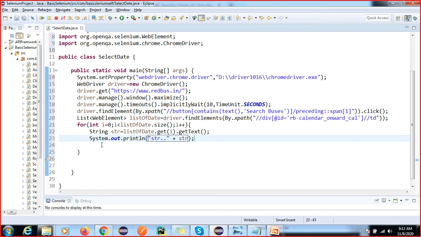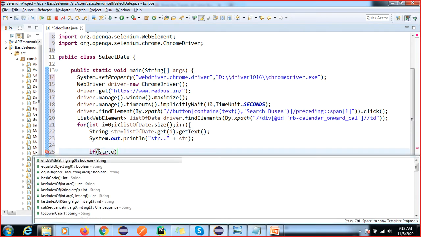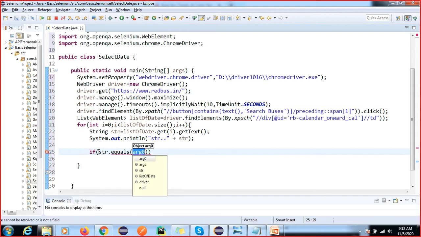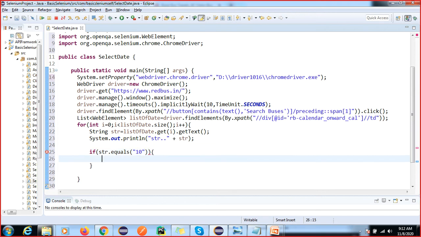Now another step: which date you want to click, and which date you want to select, right? So we can simply use the string concept. Inside string we have the equals method, which returns a boolean value. Now you have to click.